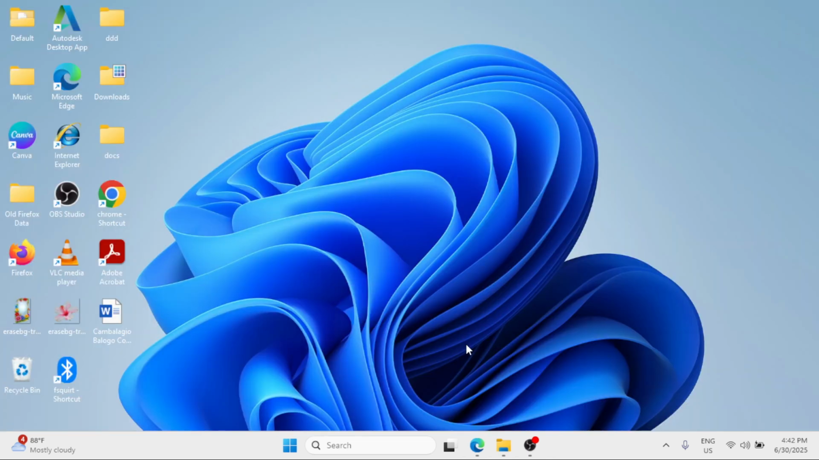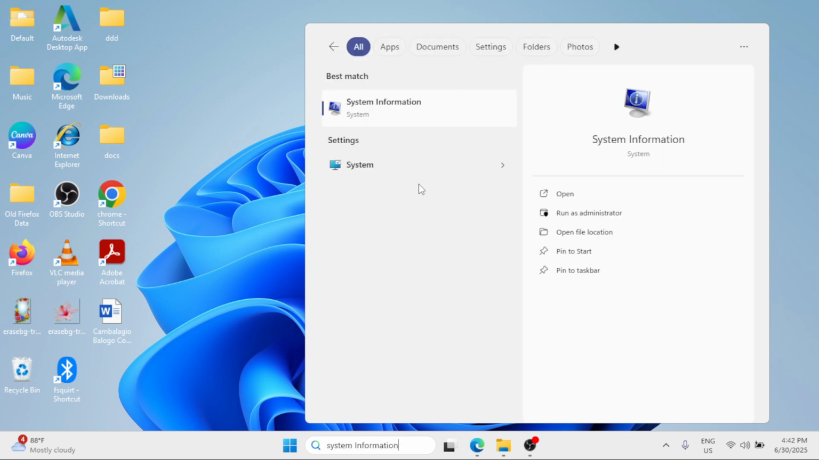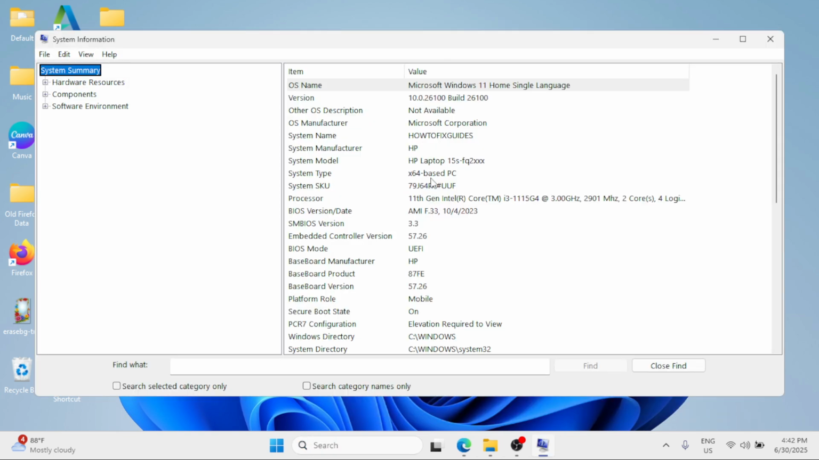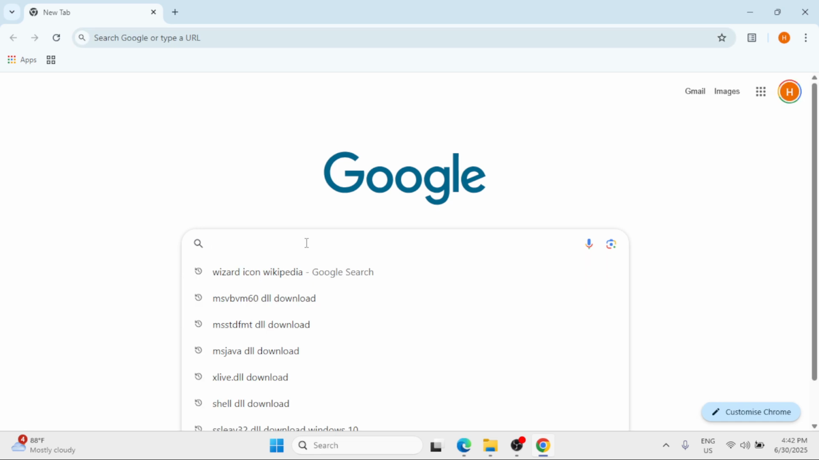Step 3, check first your system type. Go to the Windows search bar and search for system information. Click on it under the best match. Take note of your system type and then open a browser on your Windows 11 and simply search for Visual